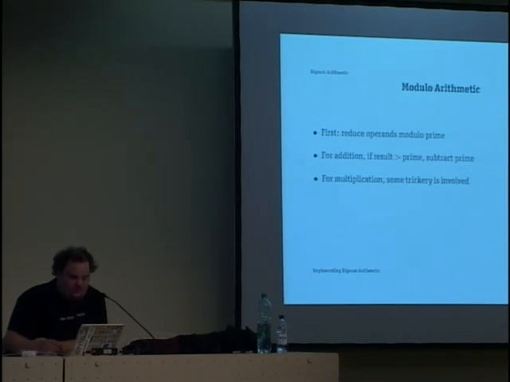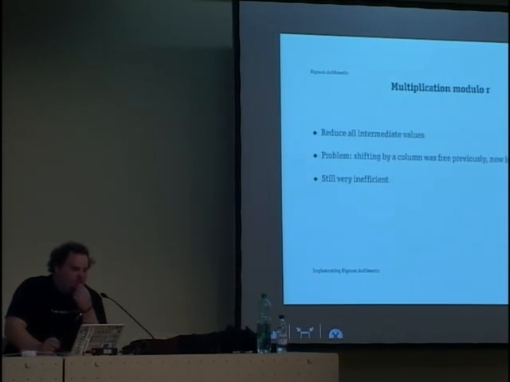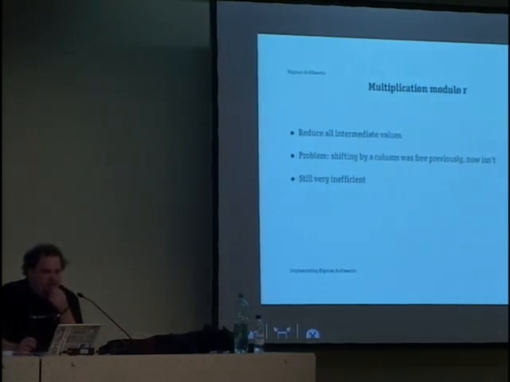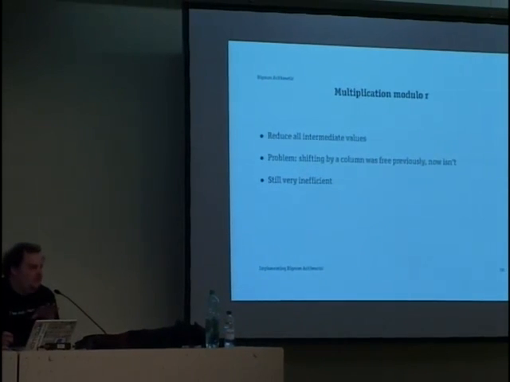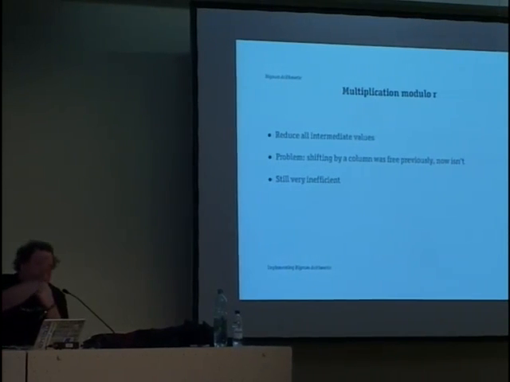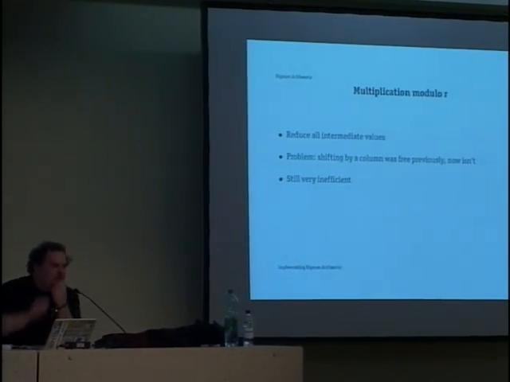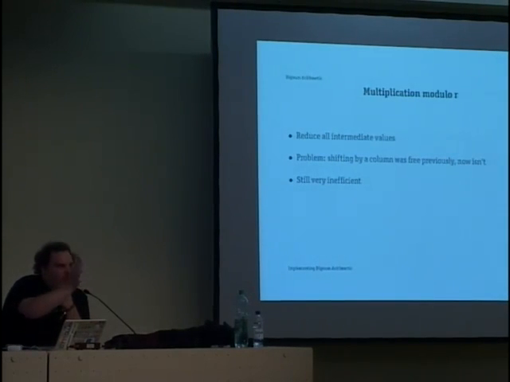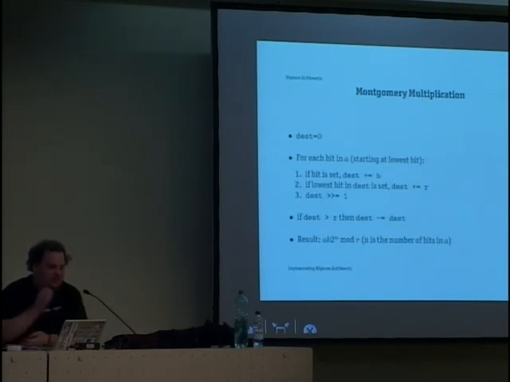For multiplication, it's a little trickier. You can reduce all intermediate values, which is a lot of bookkeeping again, and it's basically also division. The problem is that if we shift a column, I just wrote it in the school multiplication, if we shift left by 32 bits, it's free in the normal world. But if you have modulo some prime, it's not free, right? We have to reduce the intermediate. That's expensive. So it turns out this is very inefficient, and there's some method to do it quickly, which is